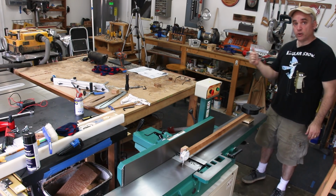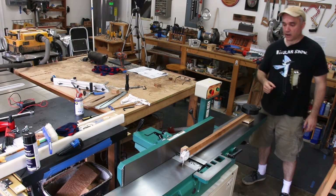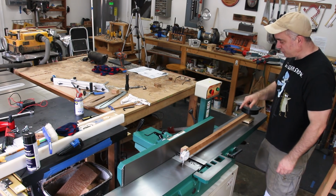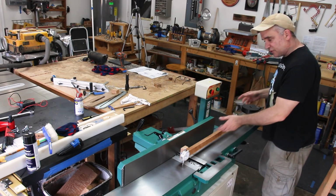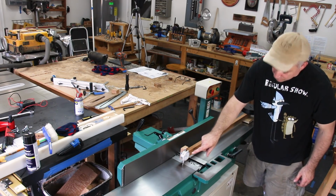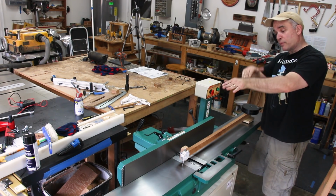Now the manual states that you can again do this by using a straight edge, but I like to use a dial indicator. I made this dial indicator jig a few months back to check for this, and all you have to do is zero the dial indicator on the front end of the outfeed table, and then slide the whole jig to the back end of the outfeed table. And if the dial doesn't read 0, then that means that the 2 tables are not parallel to each other